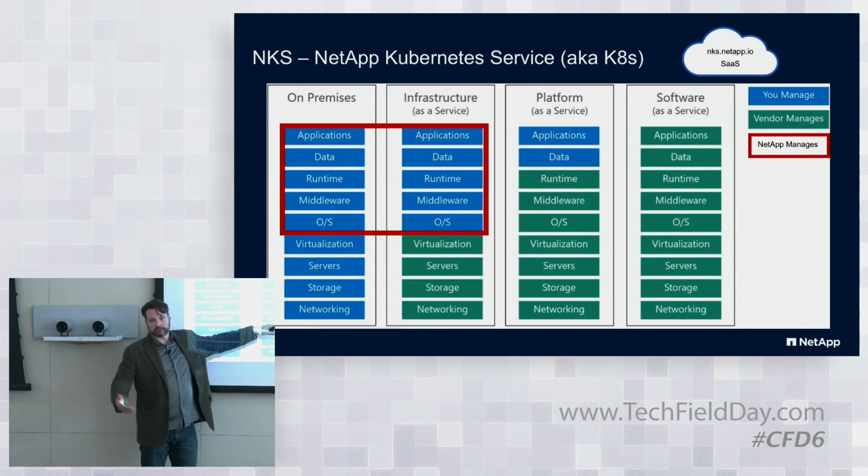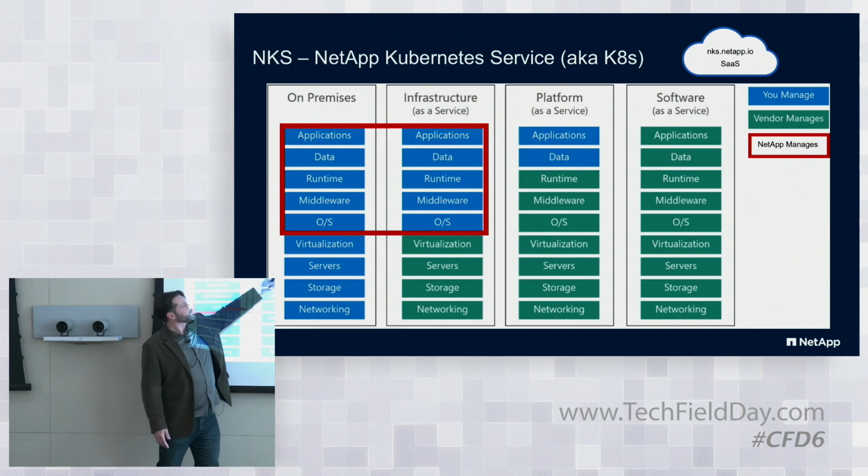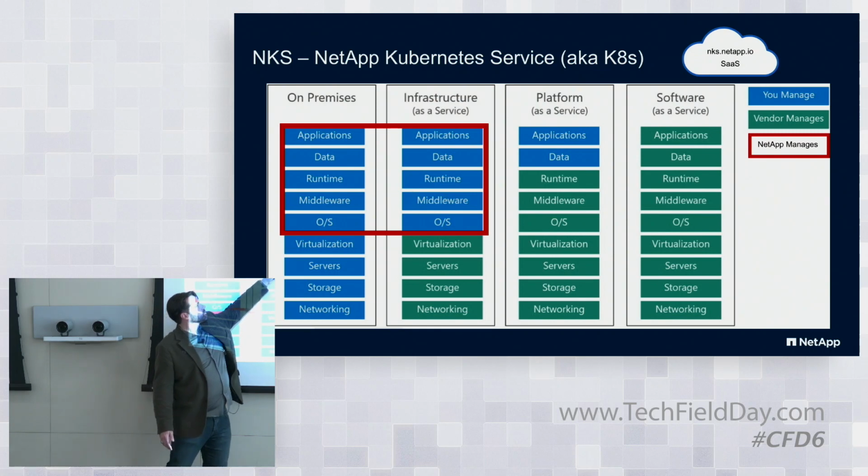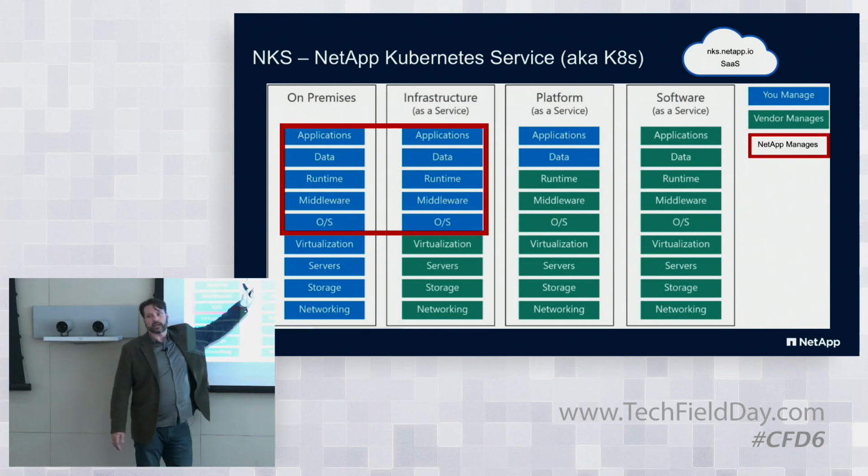It's their permutation of whatever hypervisor they want to use, but the NKS cloud talks to the APIs delivered by the hyperscaler to create their virtual machines in the instance size and shape necessary to run all these pieces, so that we can have containers running at the application layer instead of